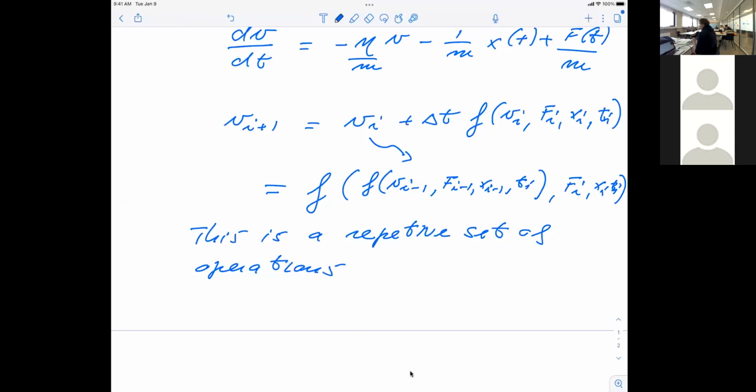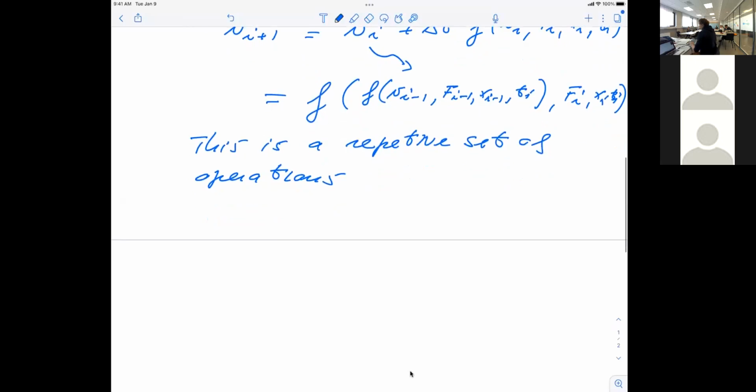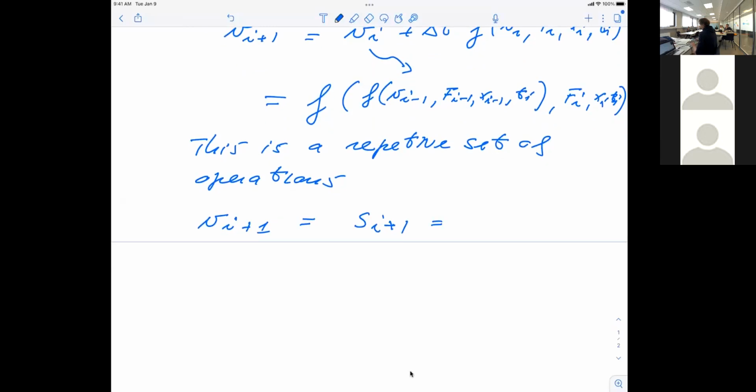Now, what I'm going to do is simply to simplify things a little bit. Instead of having this complicated function for v of i plus 1, I'm simply going to let this be represented by some object s of i plus 1, which now includes all these kinds of quantities. So this s of i is going to be given by a function H. And this will contain information from the previous step.